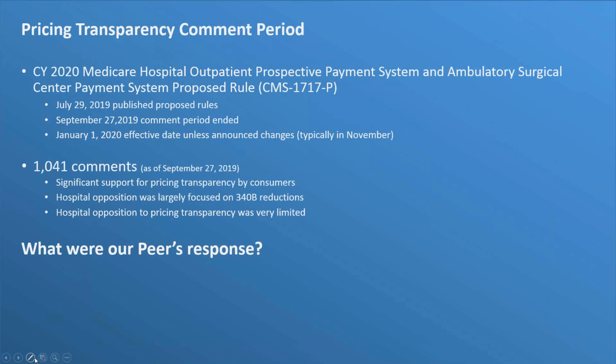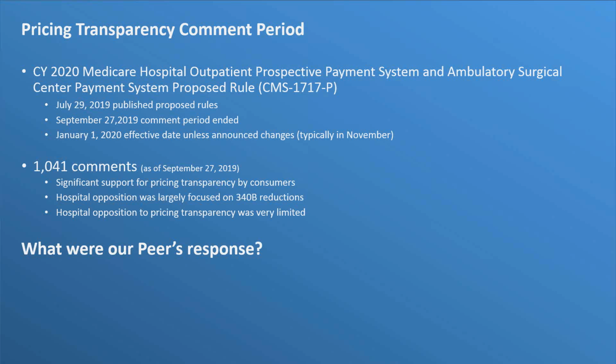Yeah, and when CMS published the proposed 2020 rules, it included the additional requirements to meet the President's executive order to increase price transparency and promote policies that encourage choice and competition. Typically the OPPS rules are published in late August, but this year they were posted a little earlier, in late July, to provide additional time to prepare for the January 1st deadline. And as is standard to the process, there was a comment period that just ended September 27th. We'll take a look here at the comments that were submitted.